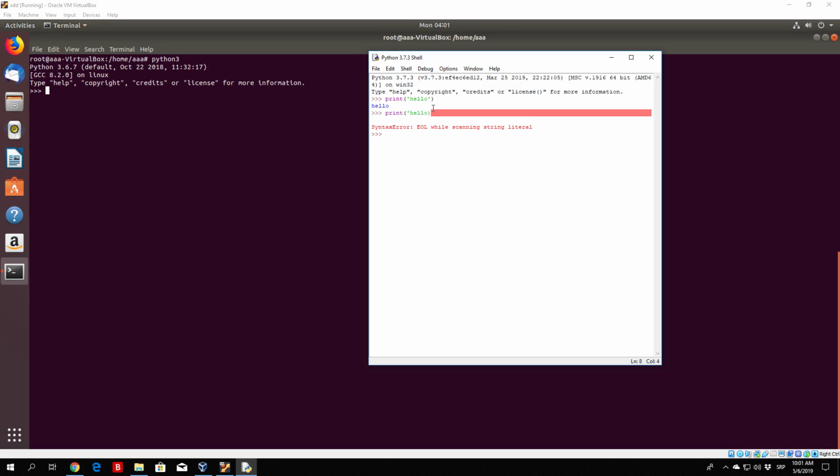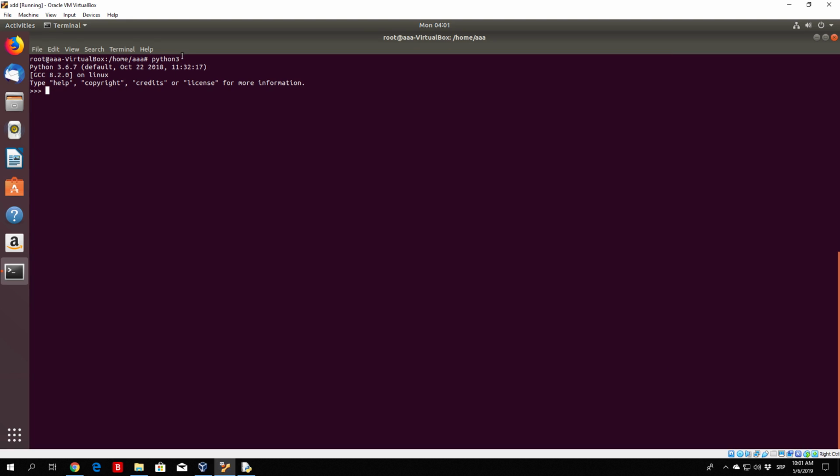So in order to open IDLE, I already told you, you can just go to the start, type IDLE and open the IDLE for the version you want. On Mac OS, you open the IDLE by opening Finder, clicking on Applications, and then Python 3, and then on the IDLE. In Ubuntu, you can either just type in your terminal python3, or I believe,